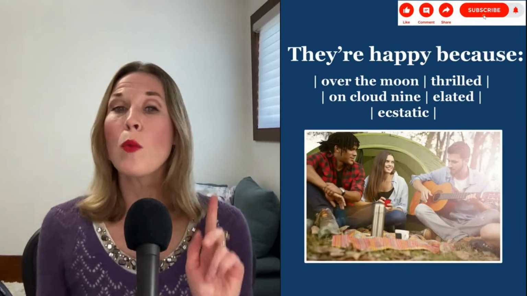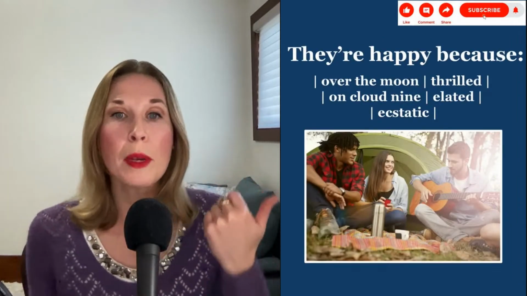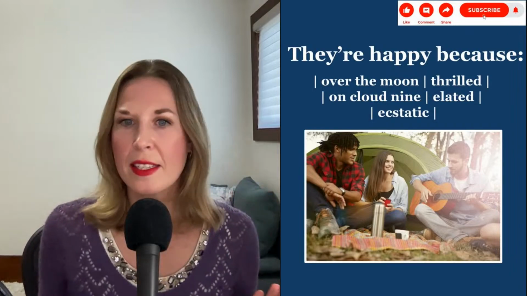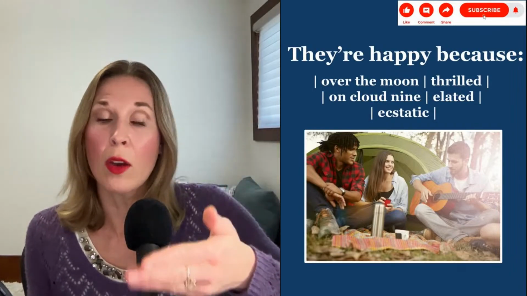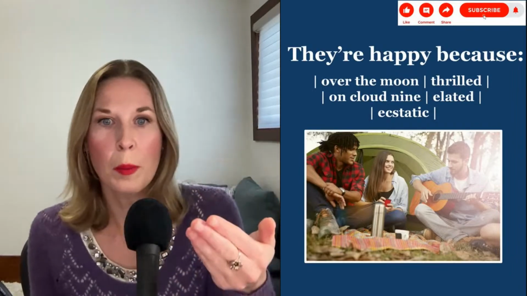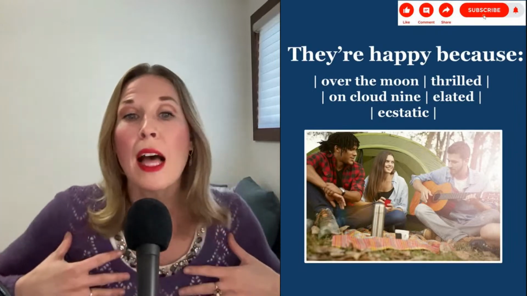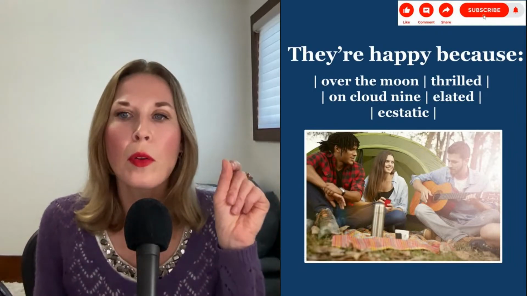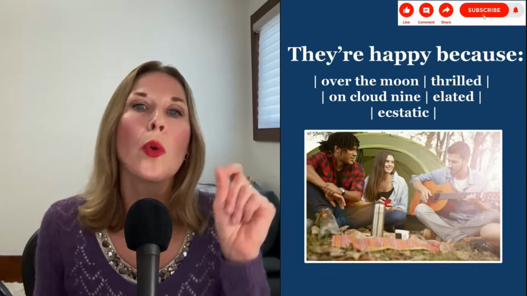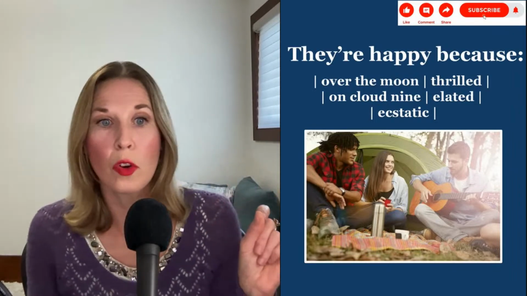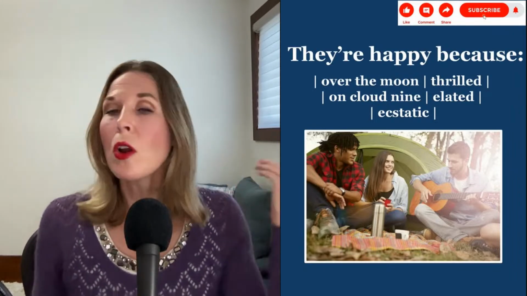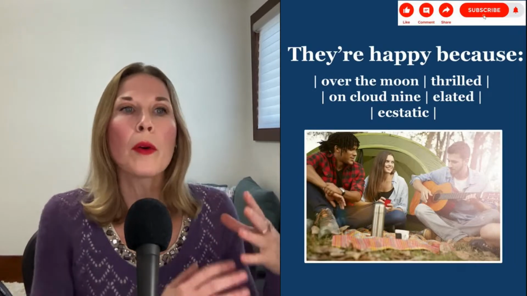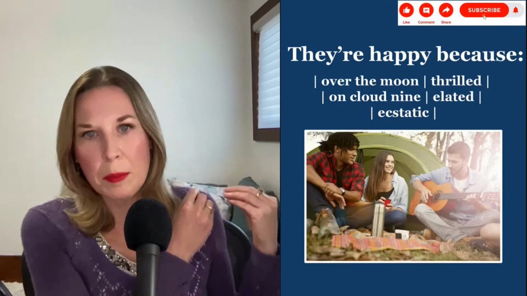Okay, everyone, let's try one more. Now, notice I changed my subject to they. You don't have to use that subject. You could focus on this one man with the guitar or the woman or the one man in the plaid shirt, for example. But if you use they, remember, we're using the verb to be, so you have to conjugate your verb to be. And you could also put this in the past simple if you would like to talk about their emotion at a time in the past